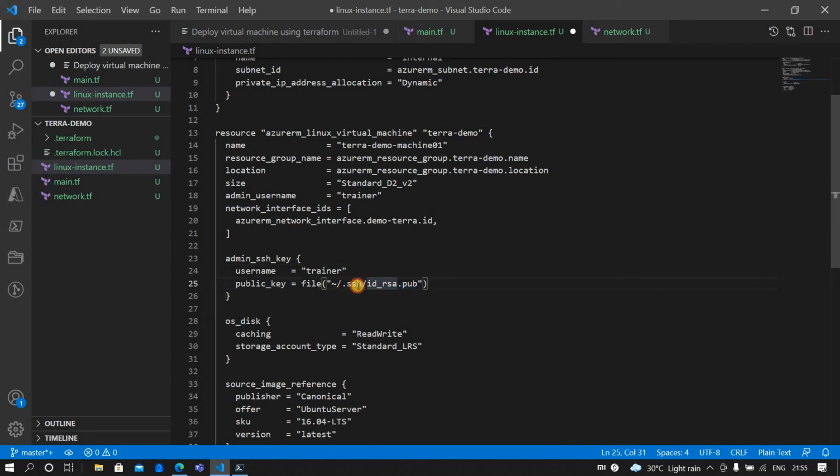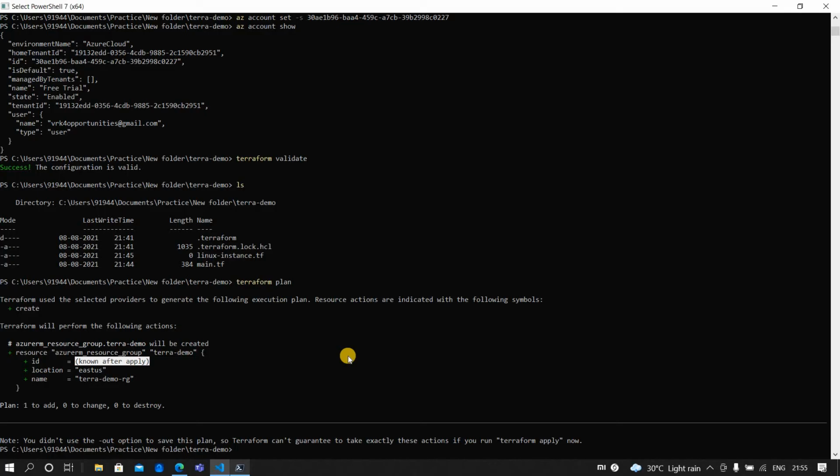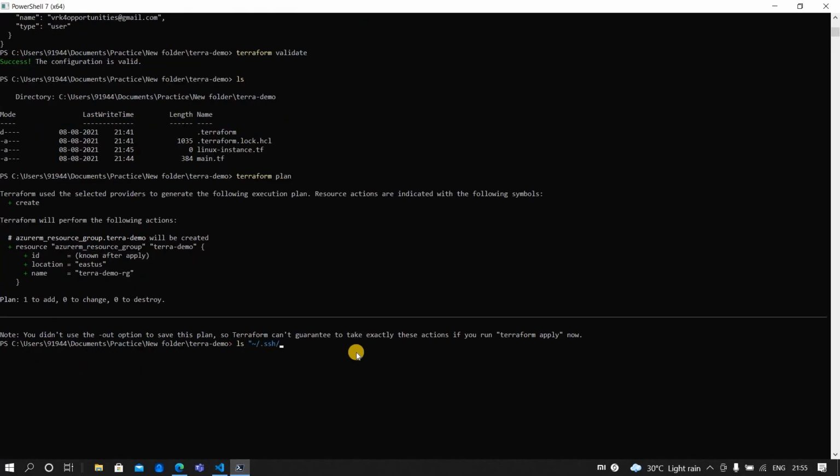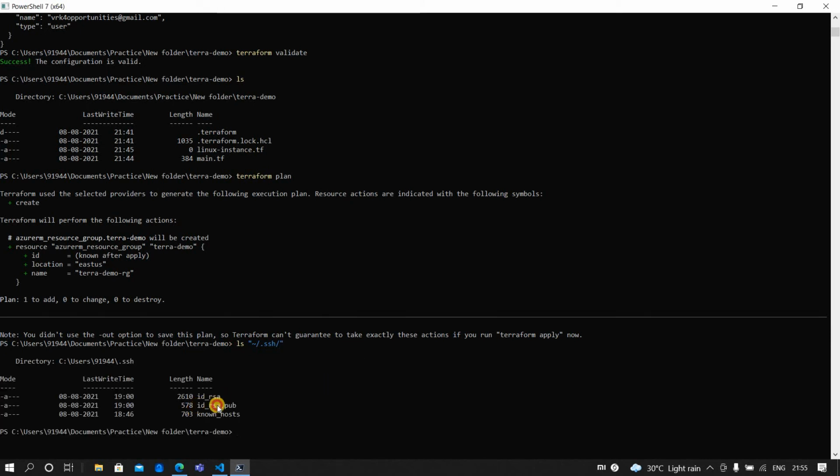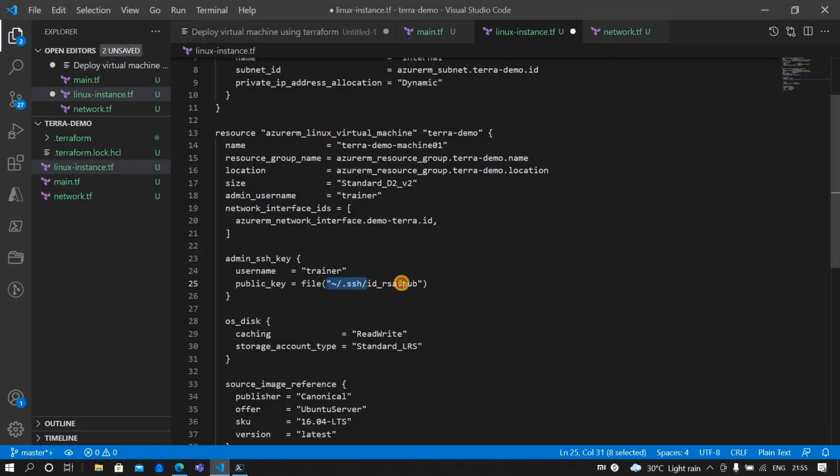So if you go to this location and search, I have id_rsa.pub. If you want to create your own, you can use ssh-keygen, and that will create a key in this location, and then you would be able to take that file, or you can even copy the SSH key and paste it here in double quotes.